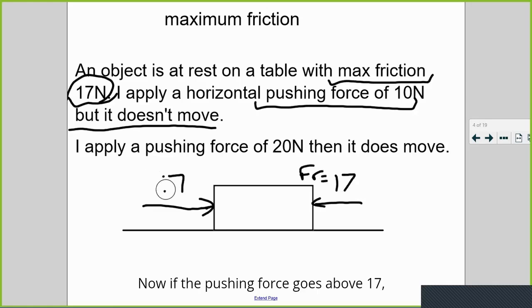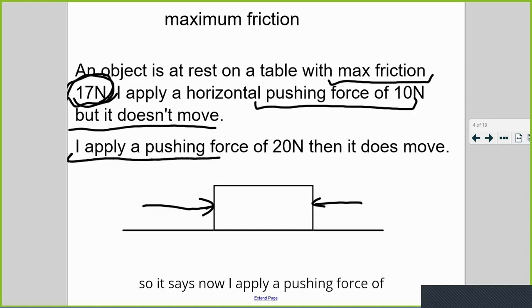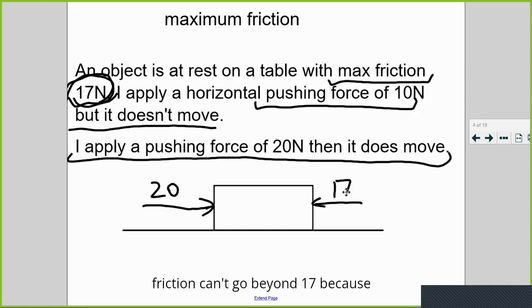Now, if the pushing force goes above 17, obviously your friction can't go beyond 17 because that's the maximum. So now I apply a pushing force of 20. I'm pushing it by 20, your friction would stay 17. Your friction can't go beyond 17 because that's the maximum. And then you can apply F equals ma,